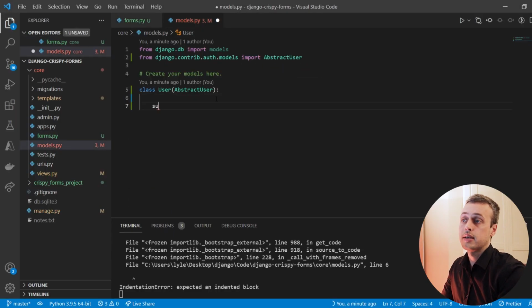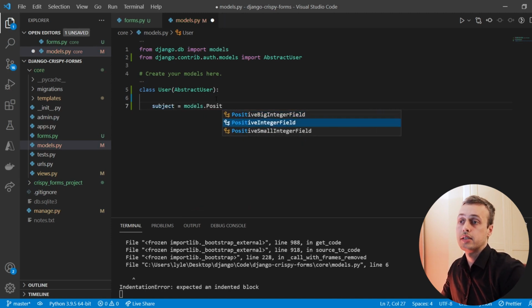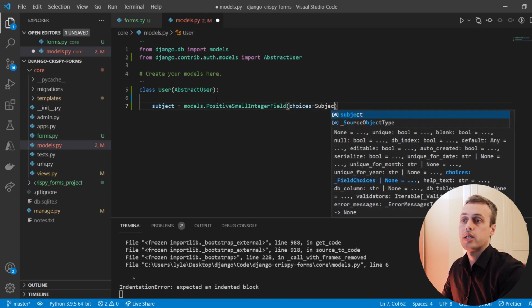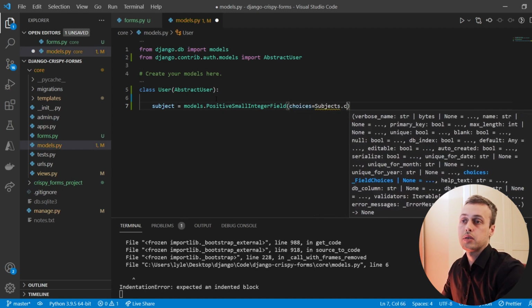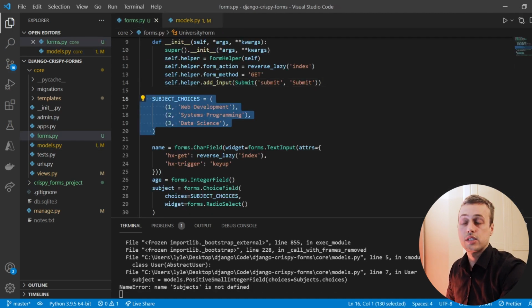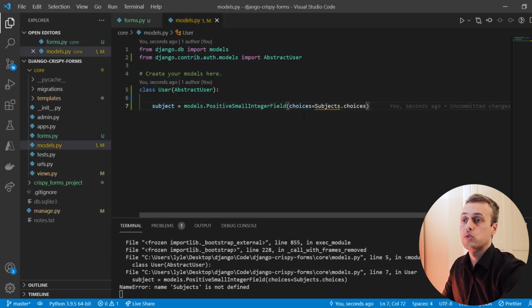The first one I'm going to create is the subject field, and this is going to be a positive small integer field, and we're going to define some choices here, and it's going to be subjects.choices. So I'll explain this in a second. This comes from the forms.py, and we have a selection of choices here on lines 16 to 20. Now we want to make them available in our model, so what I'm going to do here is